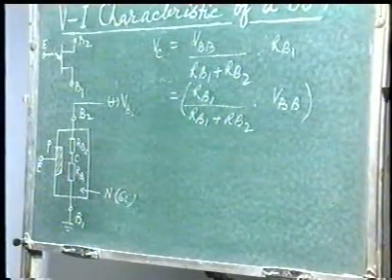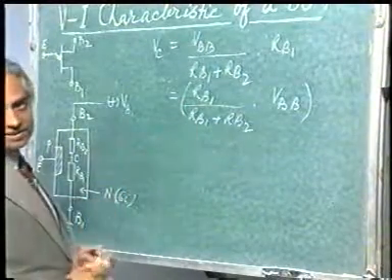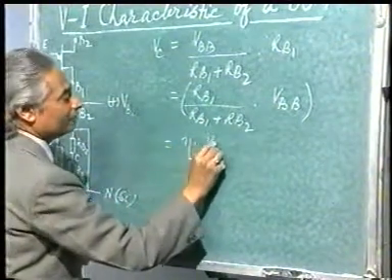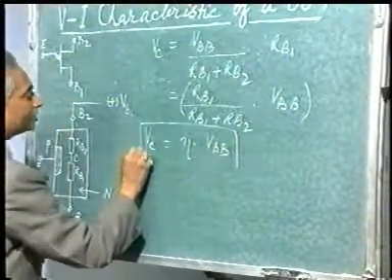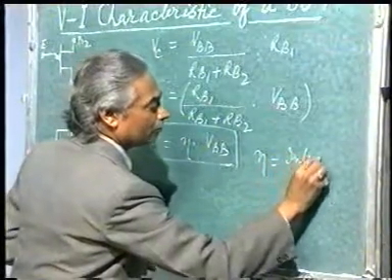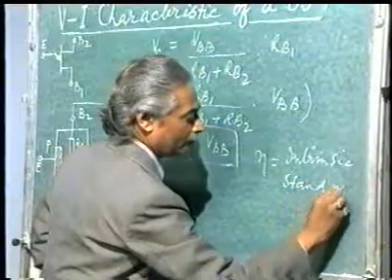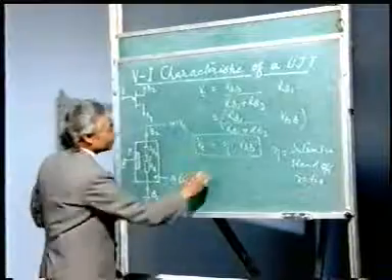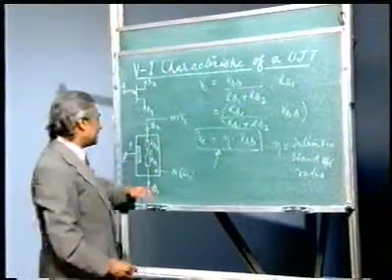ratio. Intrinsic standoff ratio is defined as the ratio between resistance of zone 1 and the total resistance of the device. So if it is written as say eta, then it becomes Vc is equal to eta times VBB, where eta is intrinsic standoff ratio. This equation is very, very important, and it tells you that the potential at this point C, where